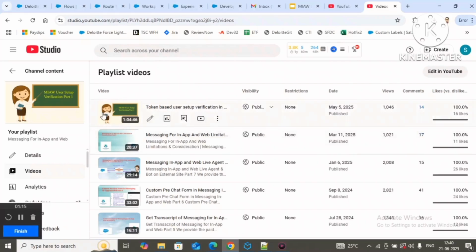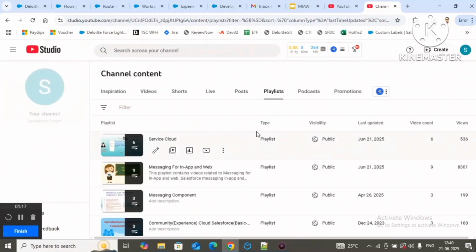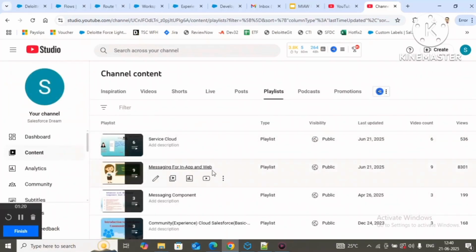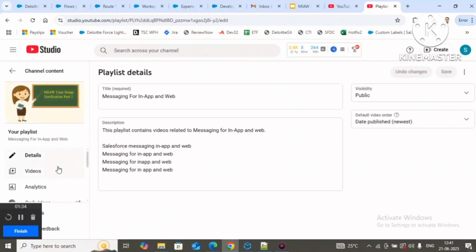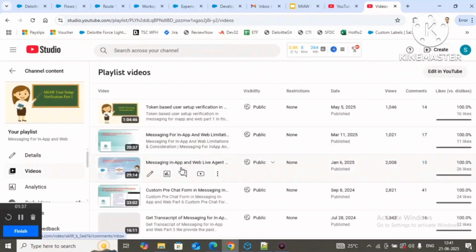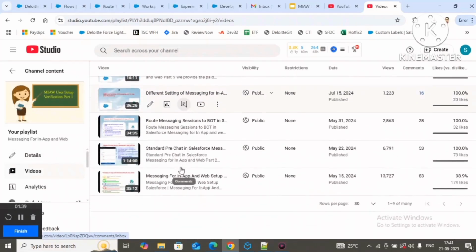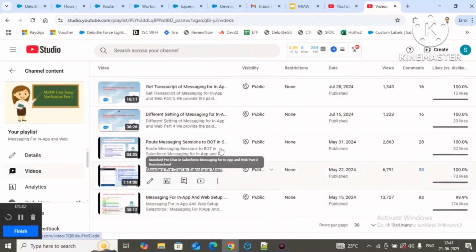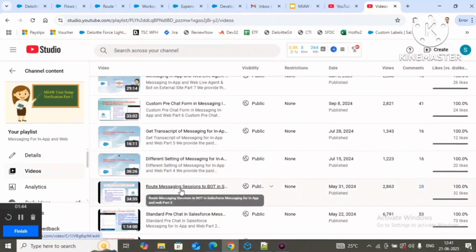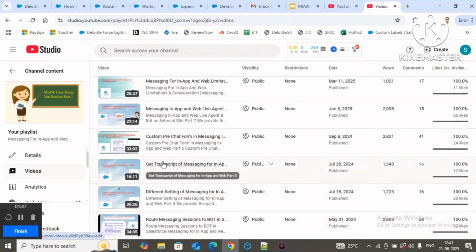Here we have one playlist, messaging for in-app and web. The videos are available in messaging for in-app and web as well as in Service Cloud, because MIAW is part of Service Cloud only. I have created two separate playlists, but in both you will find the video links. We have n number of videos: how to set up MIAW, how to use standard pre-chat, how to do routing to bot, different settings, and how to get the transcript,